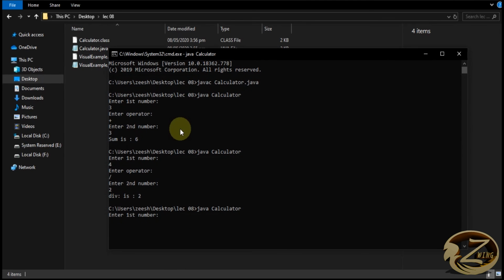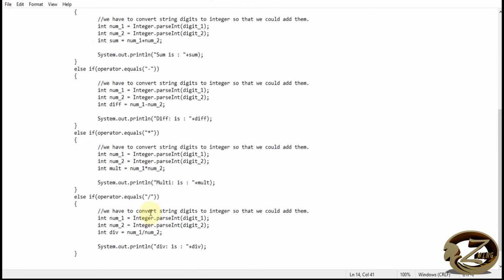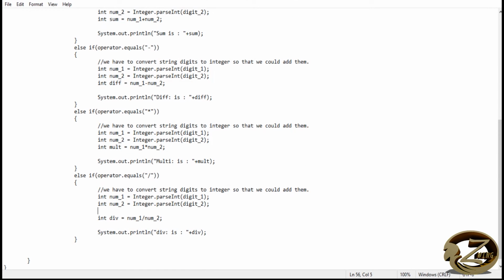As we know that we cannot divide any number by 0, here we will add another condition by using a nested else if. So within this block I will write